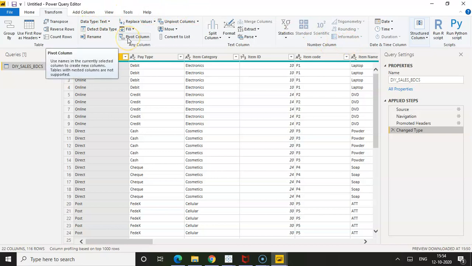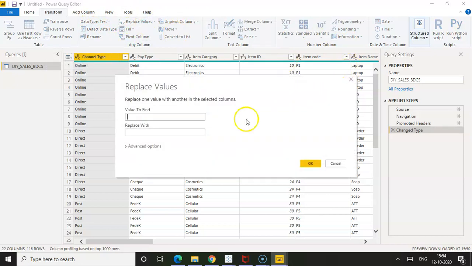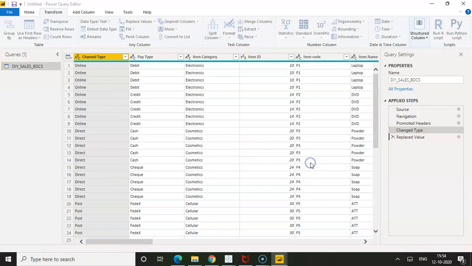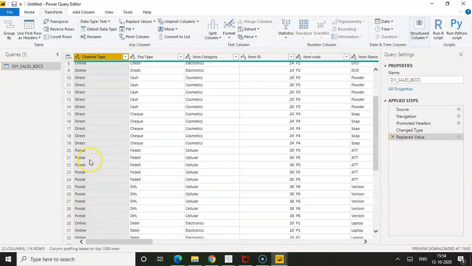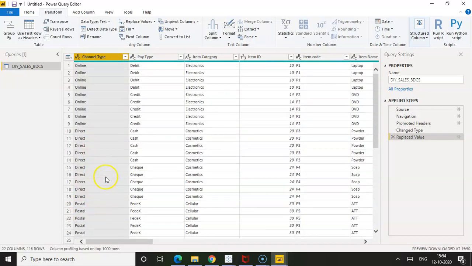Like that, we have many options to transform your data. If you want to pivot the column or replace the values, you can find some values. For example, if I want to replace post with postal, see, all the post is being replaced with postal.